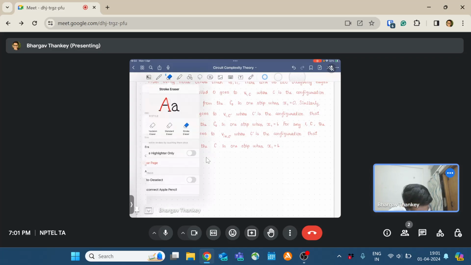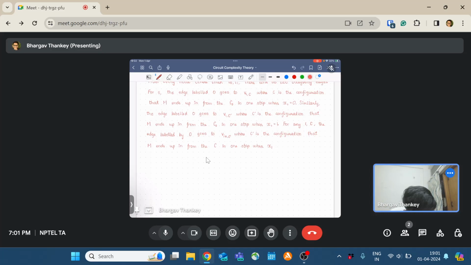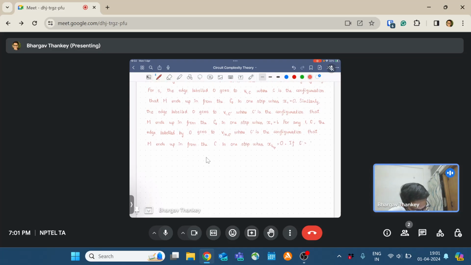But if C prime is equal to C accept or C reject, then the edge goes to